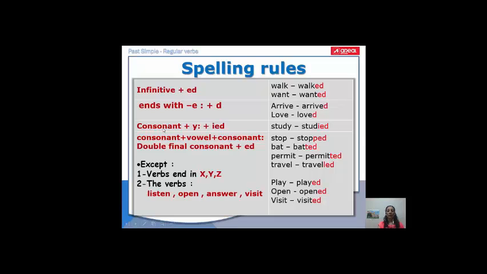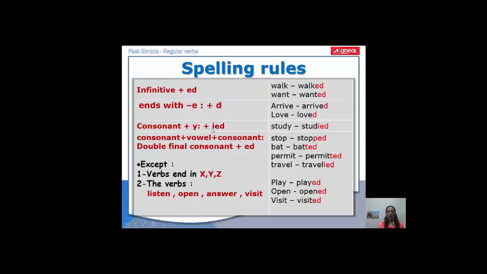If we have a verb that ends in y, and before the y we have a consonant letter, we put ied after crossing out the y. So we drop the y and put ied. Study, studied. So if you have a verb that ends with a consonant plus the letter y, we cross out the y